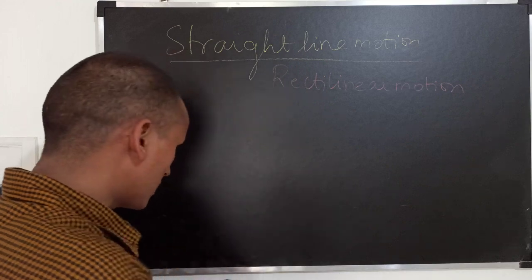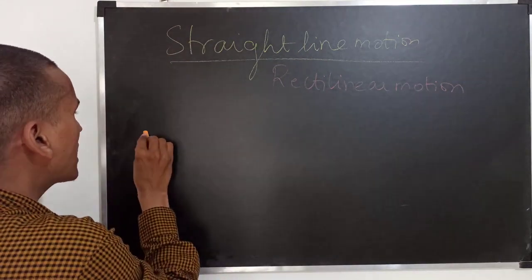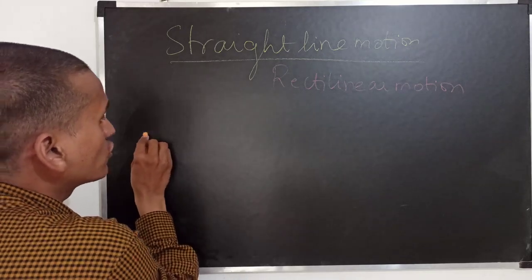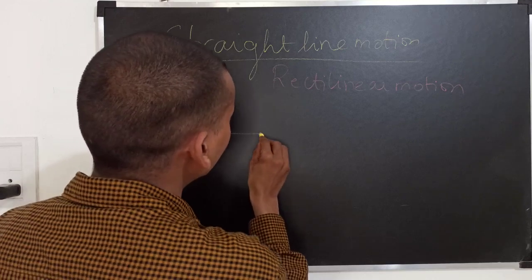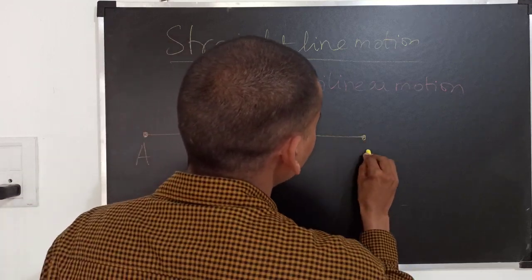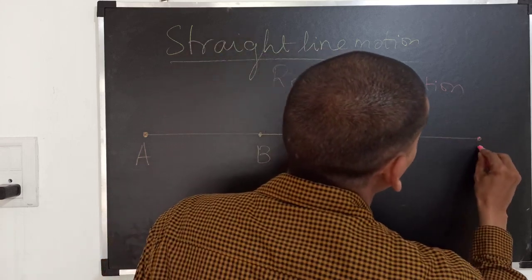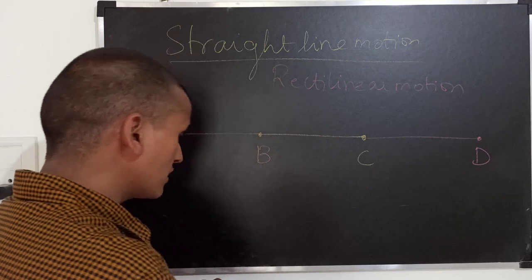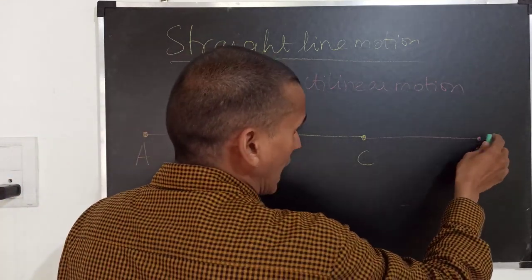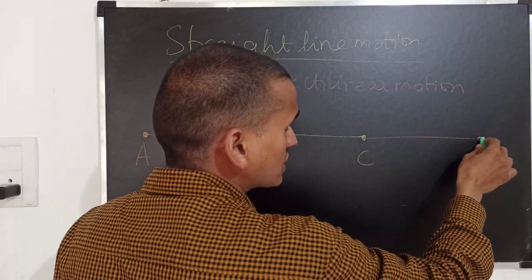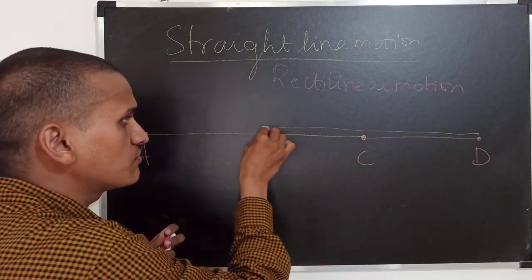Now suppose you have an object at the position A, and the object starts moving from the point A to point B, correct? Now it further travels to point C, and again to point D. Now after reaching the point D, it starts journeying backward, and I'm assuming it is collinear, but I'm just drawing it upward here. It is coming back to this B position.